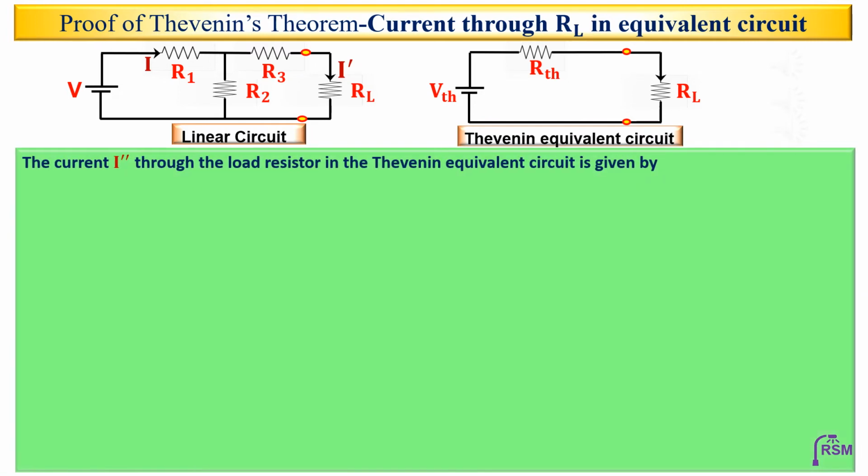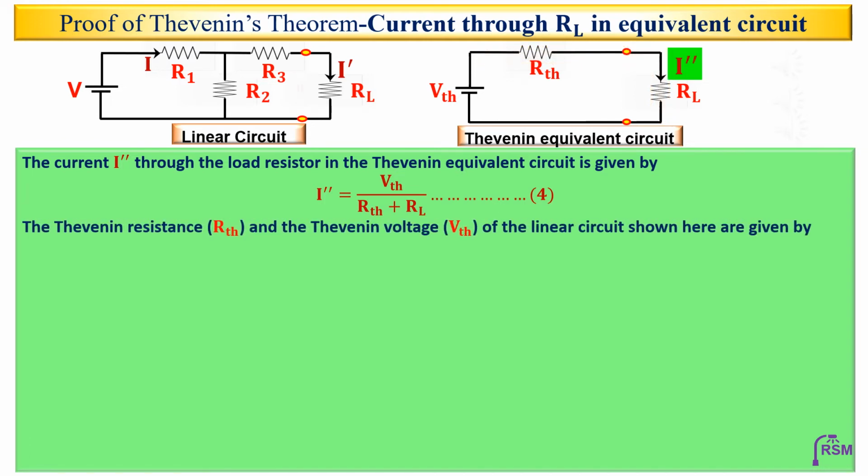The current I double prime through the load resistor in the Thevenin's equivalent circuit is given by I double prime is equal to VTH by RTH plus RL, because RTH and RL are in series with respect to VTH. Call that equation number 4. Now the Thevenin's resistance RTH and the Thevenin's voltage VTH of the linear circuit can be calculated as explained earlier,